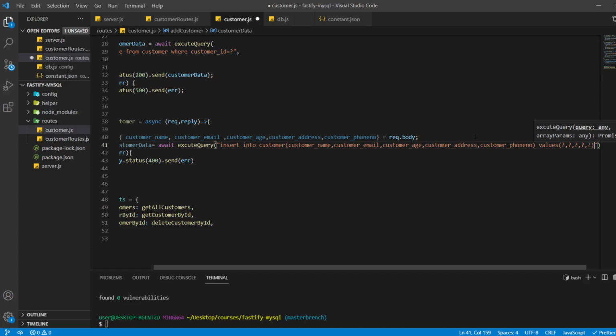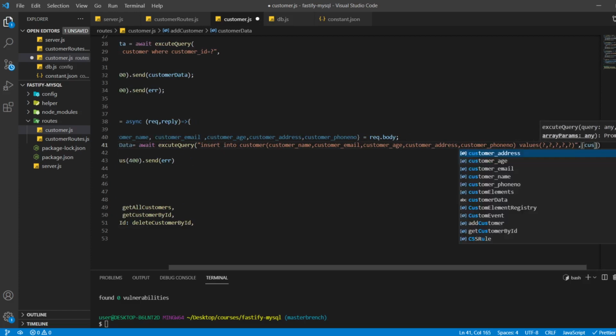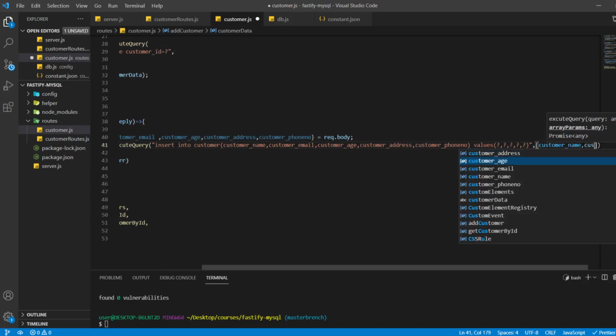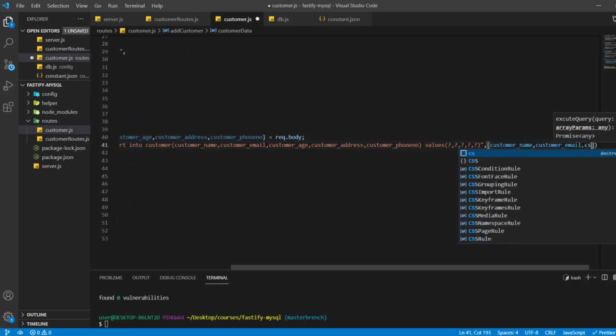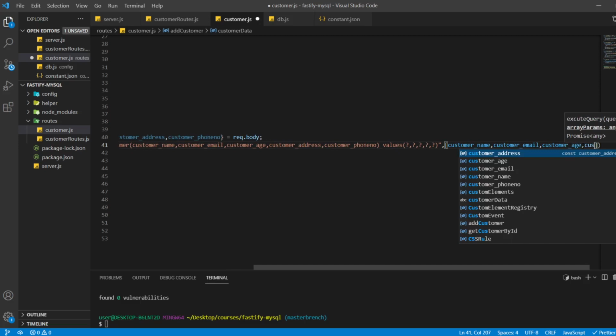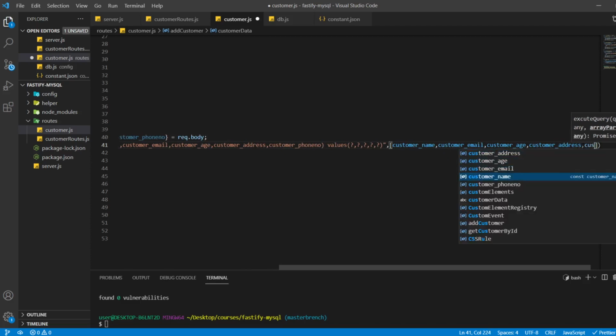And we'll simply pass those values from here in an array: customer name, customer email, customer age, address, customer phone number.